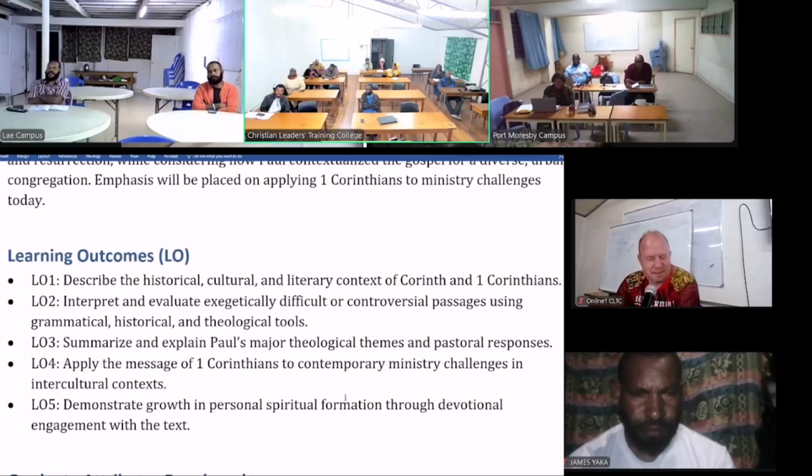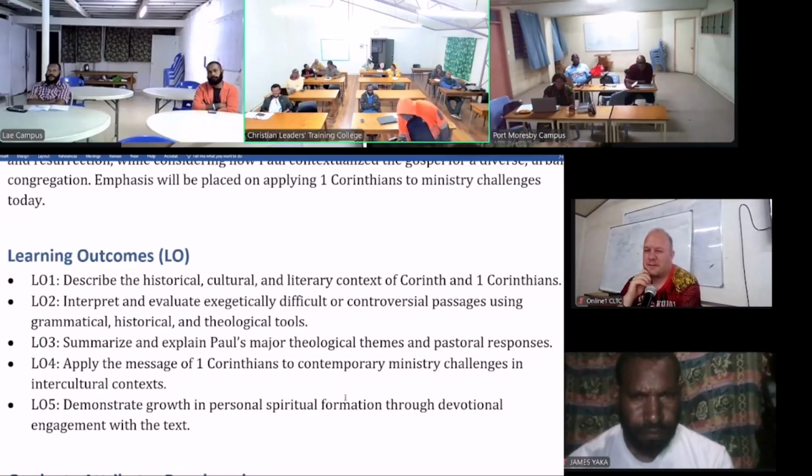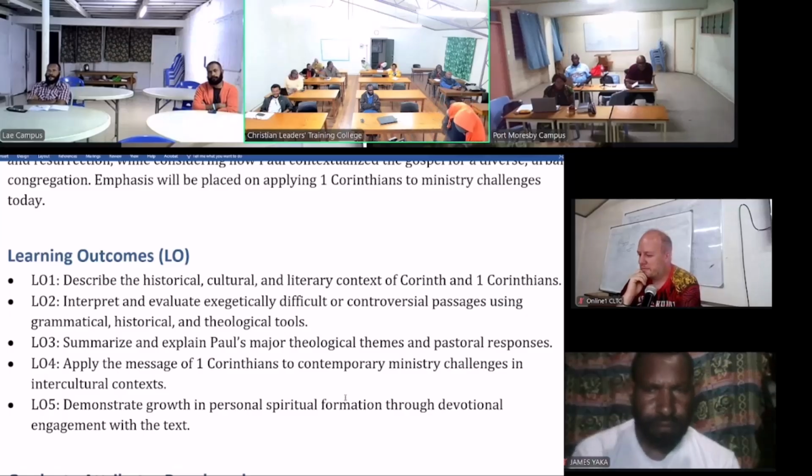LO2: Interpret exegetical difficulties or controversial passages using grammatical, historical, and theological rules. LO3: